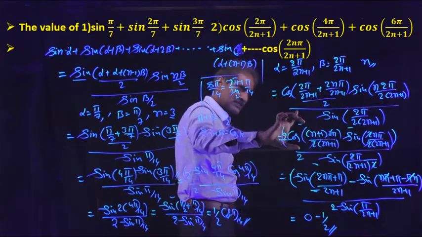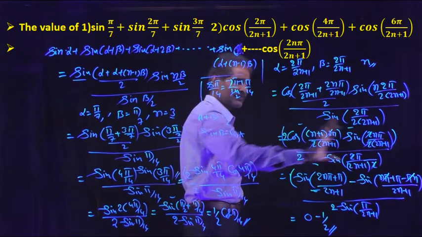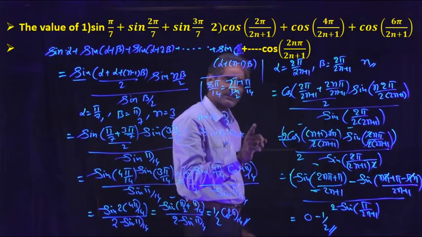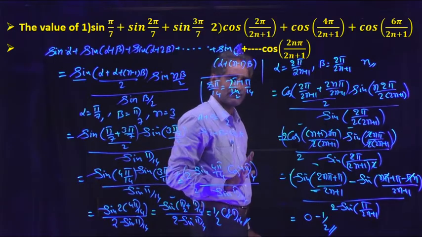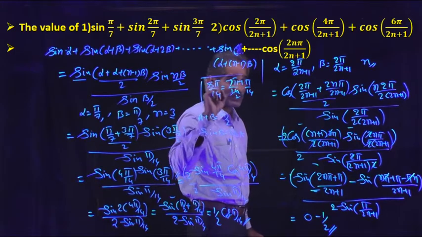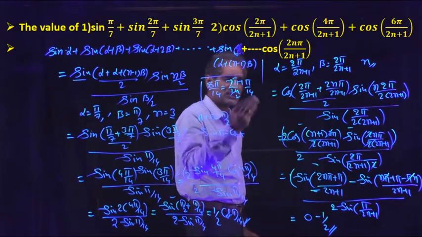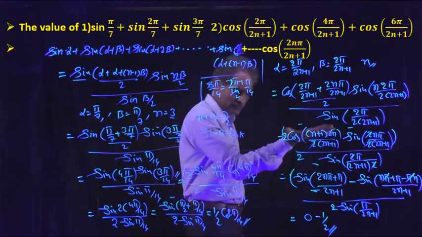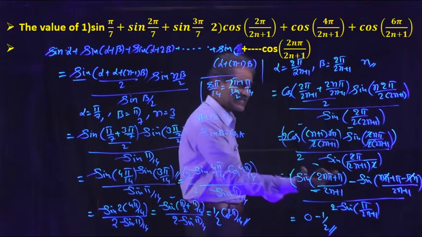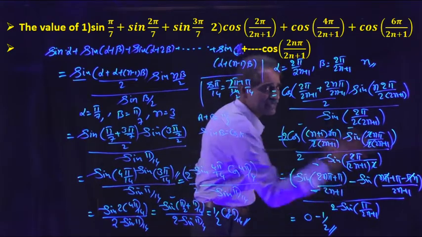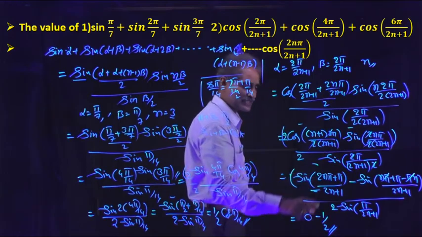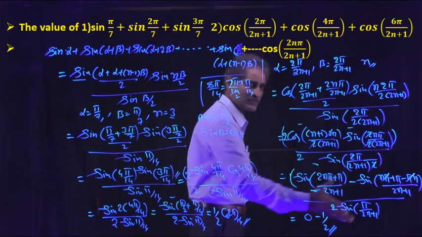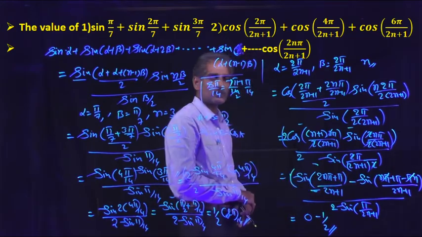After this, these are in the form of cos A into sin B. There is a formula in transformations: by using compound angles, we can find 2 cos A sin B. The difference sin(A plus B) minus sin(A minus B) is 2 cos A sin B. Just apply that formula. This angle is pi, and sin pi is 0. These two functions are the same and the angles are also the same, so these two functions will get cancelled. So we'll get minus 1 by 2.